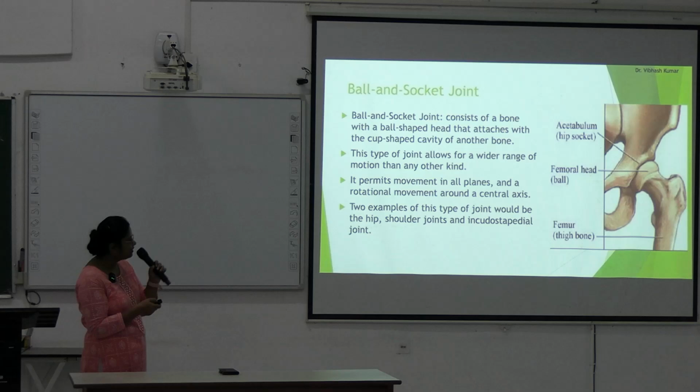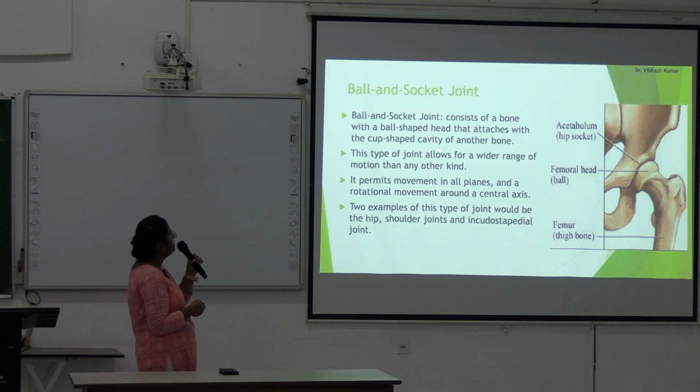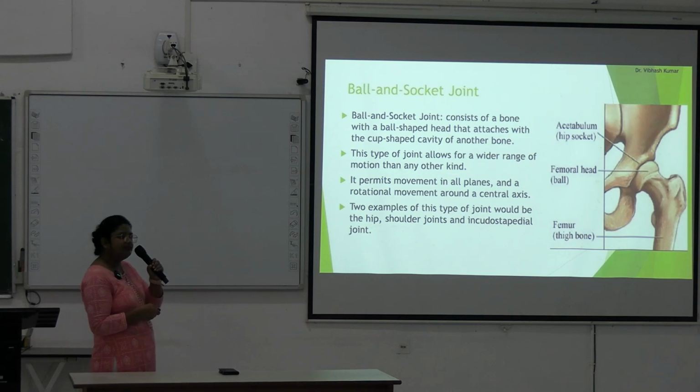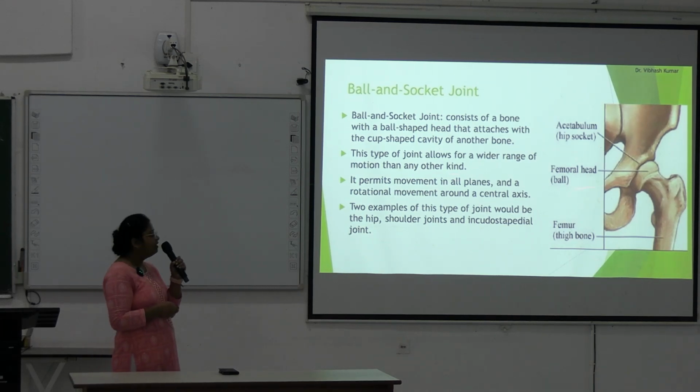So this type of joint allows a wider range of movement than any other kind. It permits movement in all the planes, and rotational movement occurs around a central axis. It consists of a bone with a ball-shaped head that attaches with a cup-shaped cavity of another bone. Examples of this type of joint would be the hip joint, the shoulder joint, and third